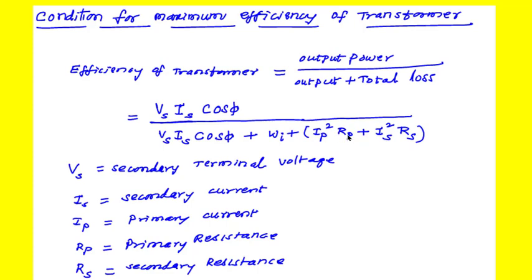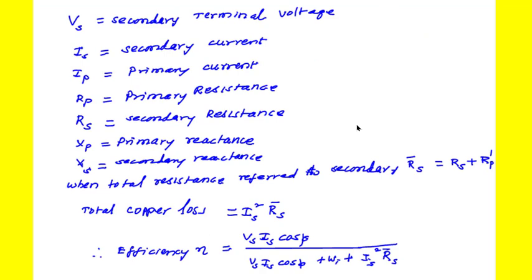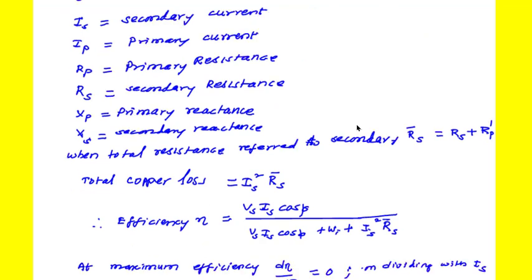First is copper loss in the primary winding, second one is copper loss in the secondary winding. Here IP represents the primary current in the transformer and RP represents the primary winding resistance and RS represents secondary winding resistance and IS represents secondary current. So once we know this, remember here